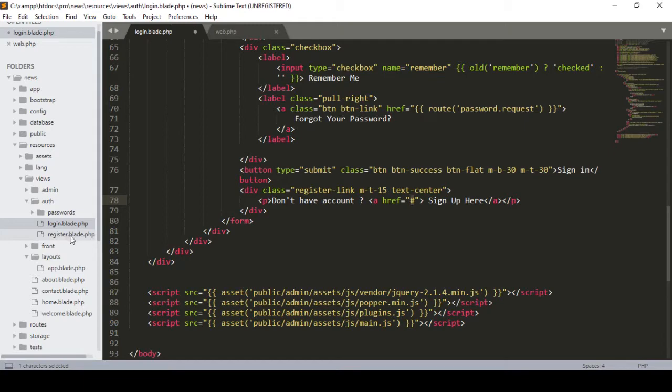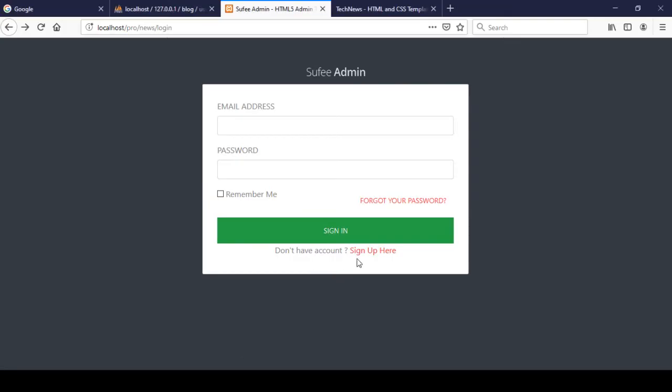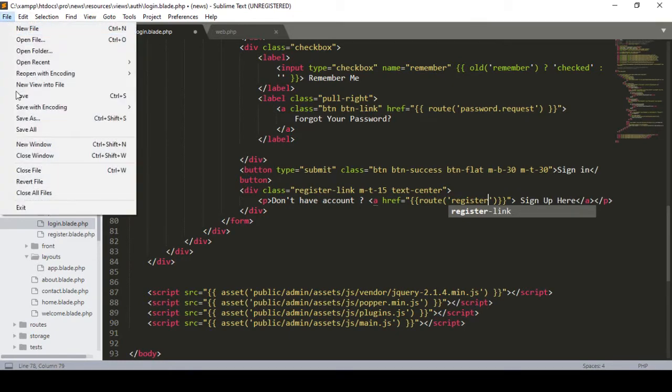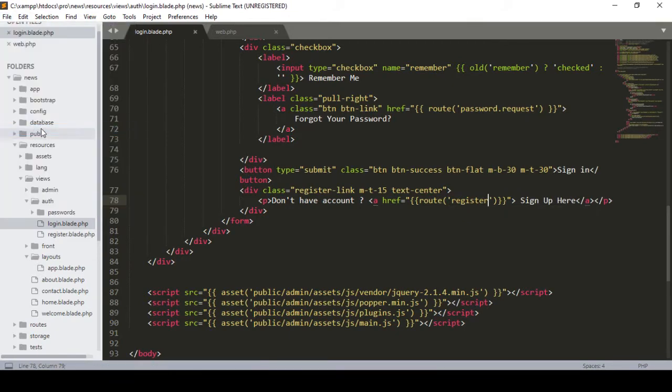Before doing this, I want to put a link here, like our sign up. You can see there is the sign up here, and in this position I put a route. First of all you have to define two curly brackets, and then I define the route, and into the route area I define our other page name. That is the register page. So I just define register here, and now if you click save all,